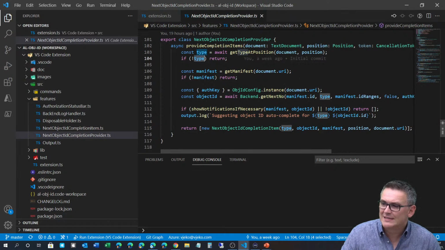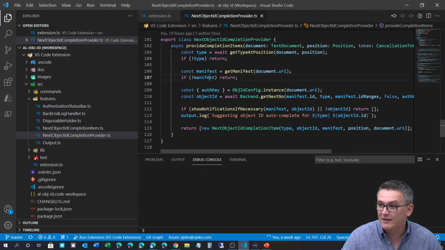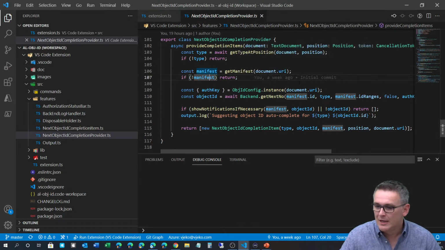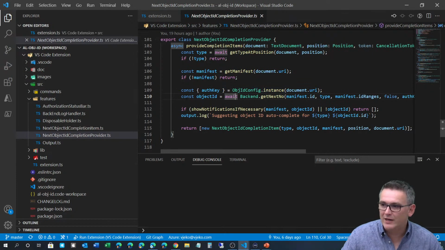Next step is that it retrieves the manifest, the app.json for the current document. It tries to determine, am I actually inside of an AL workspace? And if not, it also exits. And then the next thing it does is that it retrieves the authentication key. This is something we will talk about shortly. And then when it retrieves that, it is ready to ask for the next